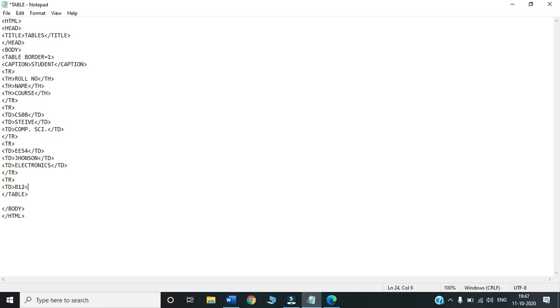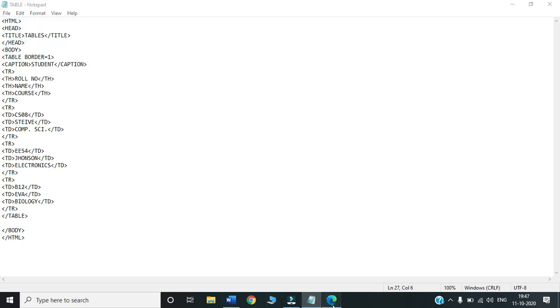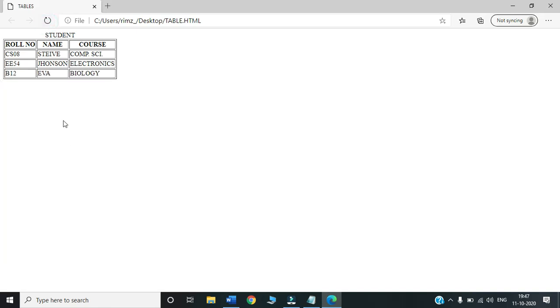This is B12, close TD, start TD, then EVA, close TD again, start TD, Biology and close TD. Last, we need to close TR. Click on save and refresh. See, the last one is added. So this is how we create a table in HTML.